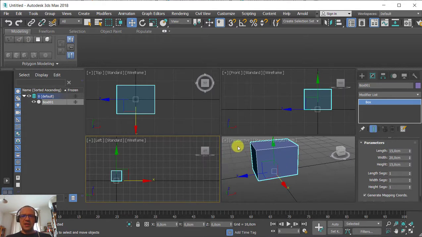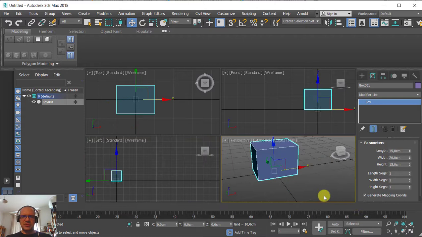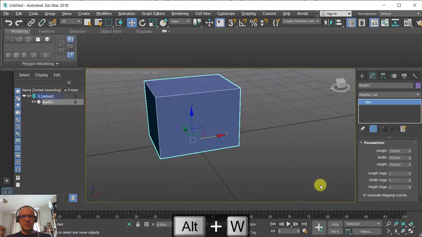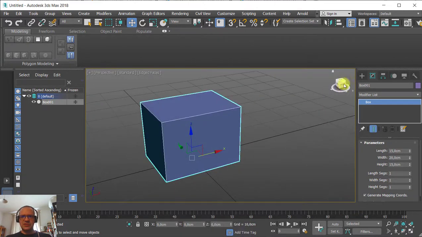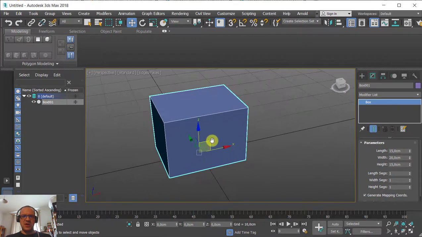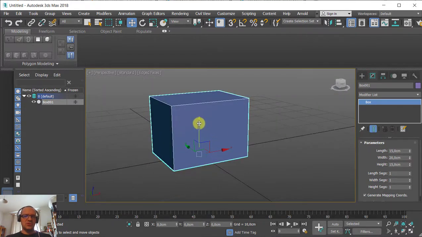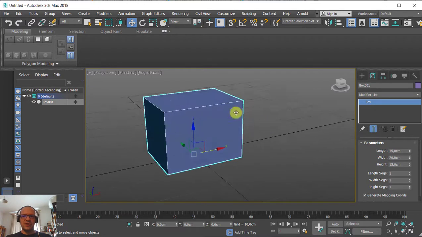Alright, let me activate the perspective. Middle mouse clicking in and Alt W. And here it is, front view. This is the facing view. And now I want to create a taper. Now, why? Because the head part should be a little bit smaller, so tapering a little bit in the upwards,